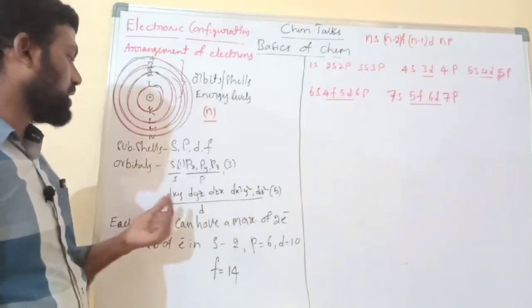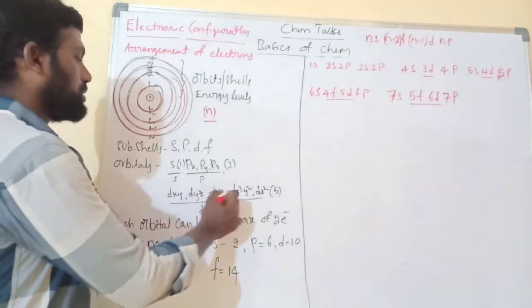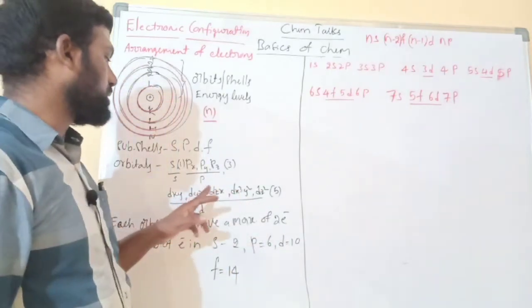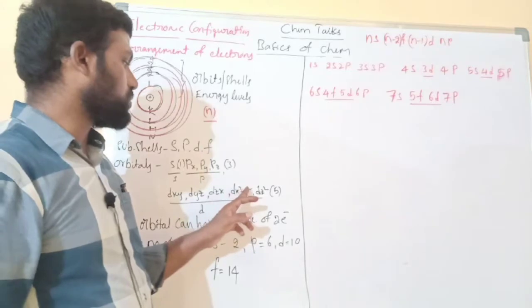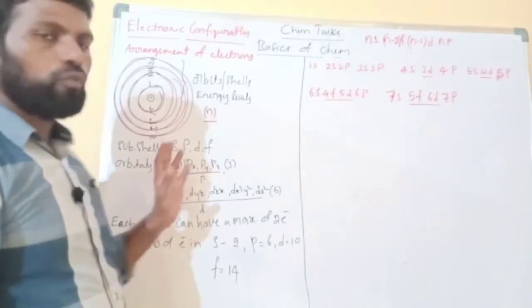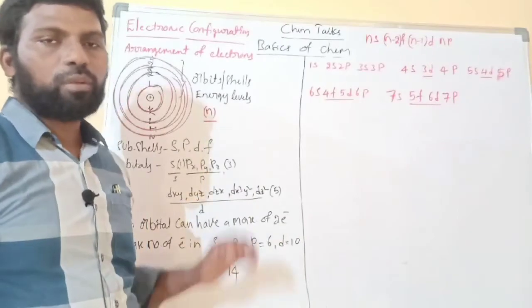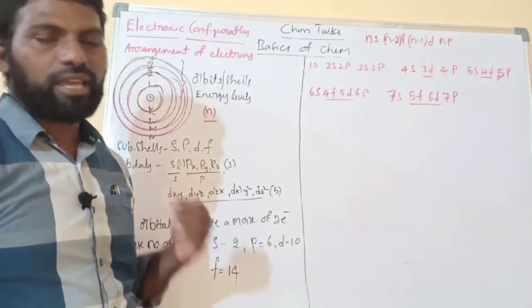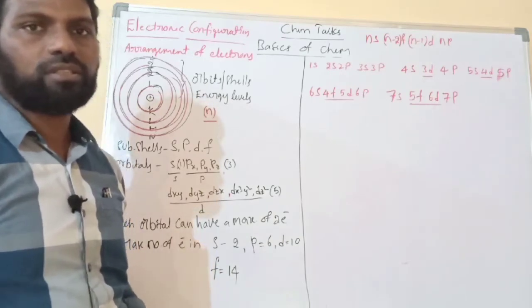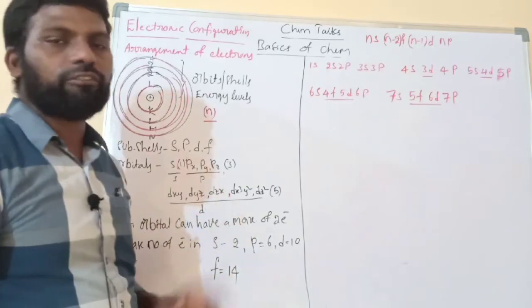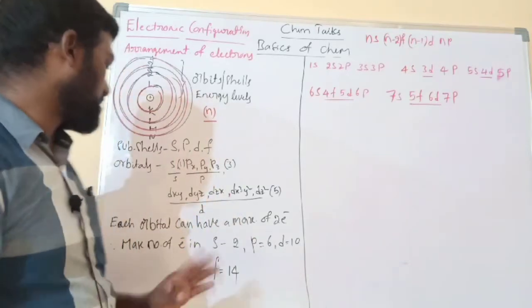The D subshell has 5 orbitals. They are named dxy, dyz, dzx, dx square minus y square, and dz square. Next, F has 7 different orbitals, but its representation is a matter of higher classes, and it is actually very difficult to represent F orbitals. But totally there are 7 F orbitals. Just remember that number, it's enough.